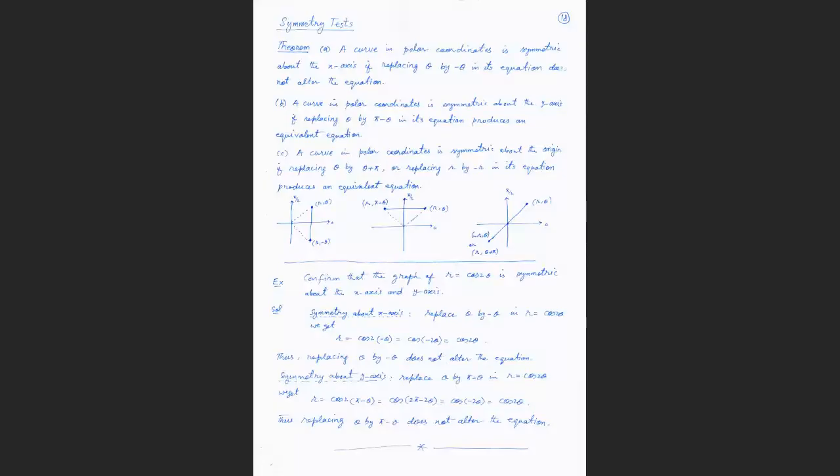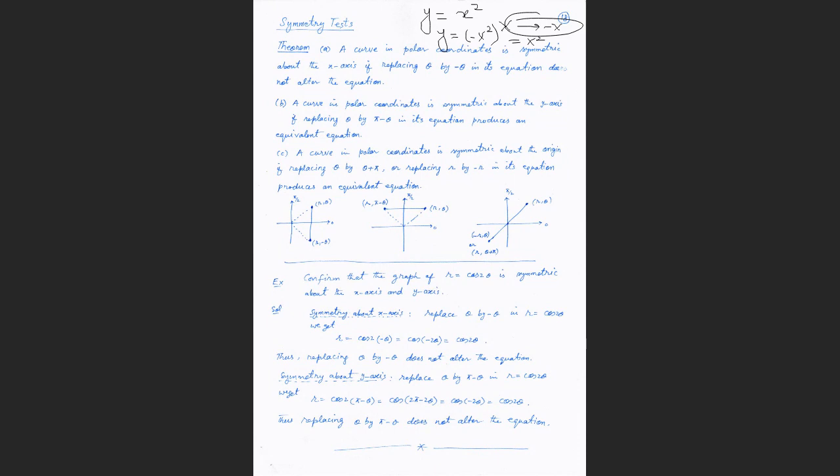So now, what does the symmetry test mean? It means that when you change something in a function, it gives you the same result. You remember we talked about functions when we write y is equal to x squared. If I replace x with minus x, that gives me the same result: minus x squared, which is also equal to x squared. So if I change x with minus x, that gives me the same result. So we say that this is an even function.